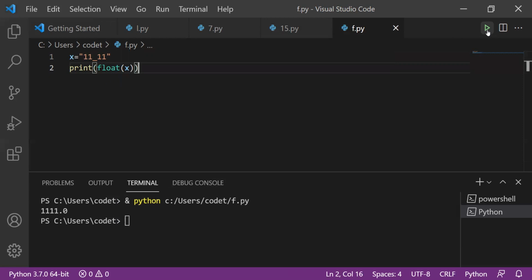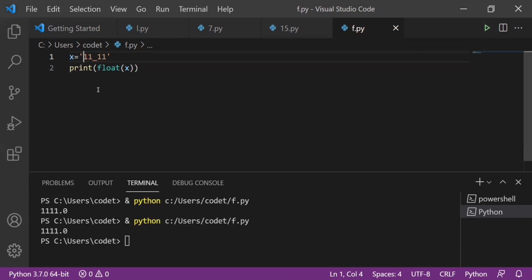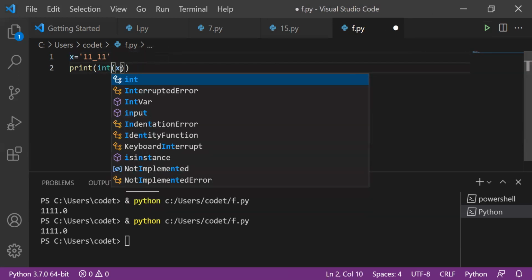So now x is equals to, actually it is 4 ones. Okay, but I used underscore in the middle, but still it is assuming that it has 4 ones and .0, as 0 is coming because we indicated it in float. Instead of this double quotes, you can mention single quote also. Now I'm just removing this and I'm mentioning it in single quotes. Still you'll get the same answer. Okay. Instead of this float, I'm just using int. Now let's see what we're going to get in the output.